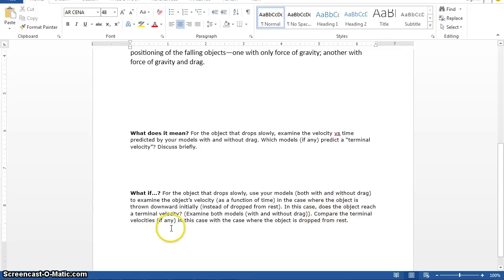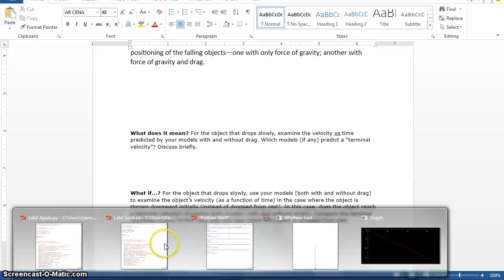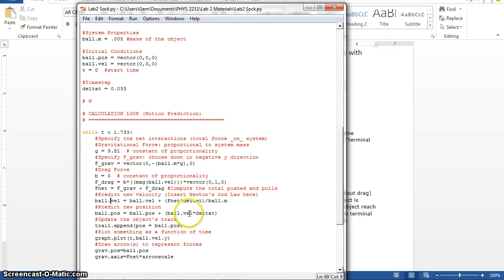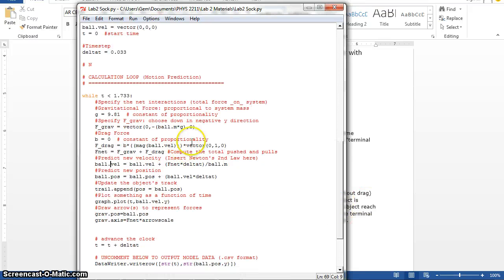Now compare the terminal velocity in this case with the case where the object is dropped from rest. If there is an initial velocity, the terminal velocity will not change for the same object. So for my sock, it'll have the same terminal velocity. The only thing that changes is the time to reach the terminal velocity. So if it starts with an initial velocity of something, no matter what that object is, that object will always end up with the same